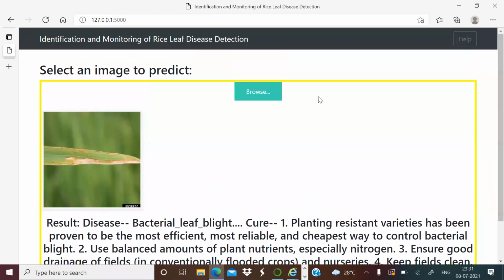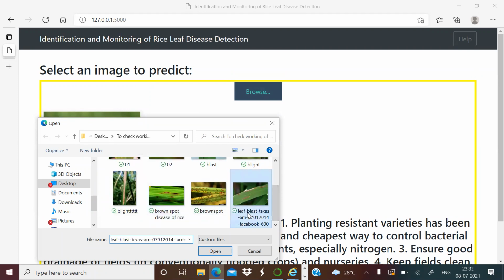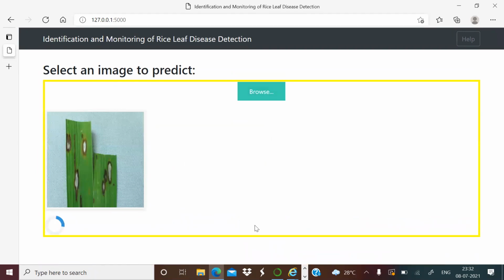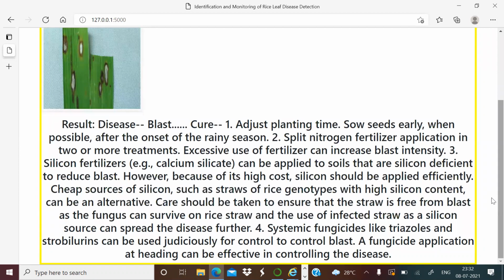Let's do it for one more disease. So this is the third type of disease that our project can detect, and this is the cure.